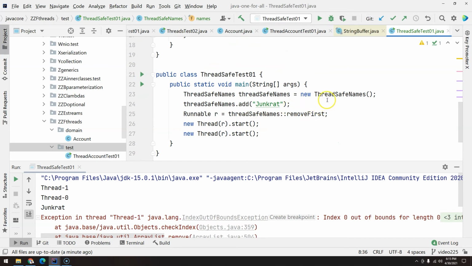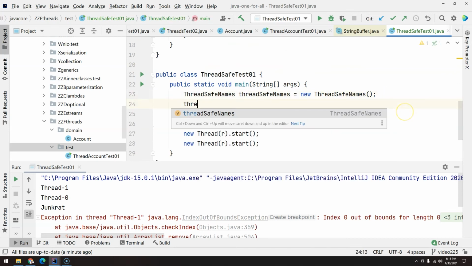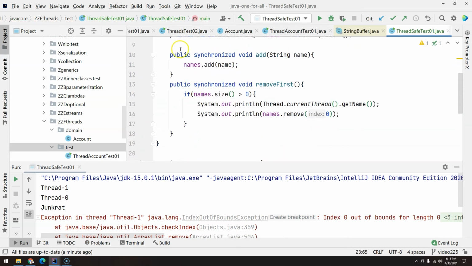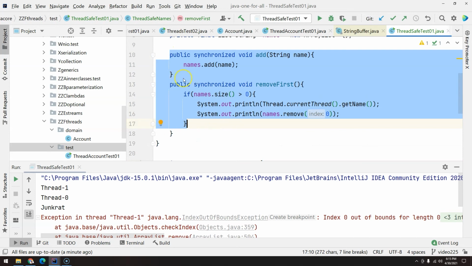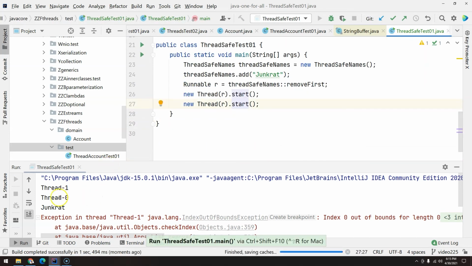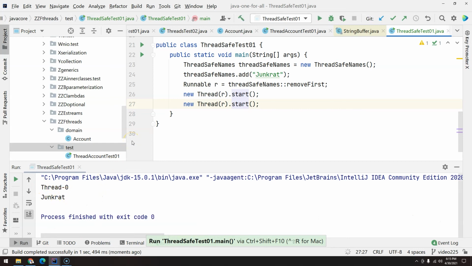I cannot, for example, call here threadSafeNames.names. It's not possible. So it means that no thread will be able to access it. The only way is through these two methods that we have publicly available. Now, if I execute Ctrl+Shift+F10, you will see that one of these threads, 0, 0, 0. Maybe one day I will get thread 1. Scheduler, please help me here.